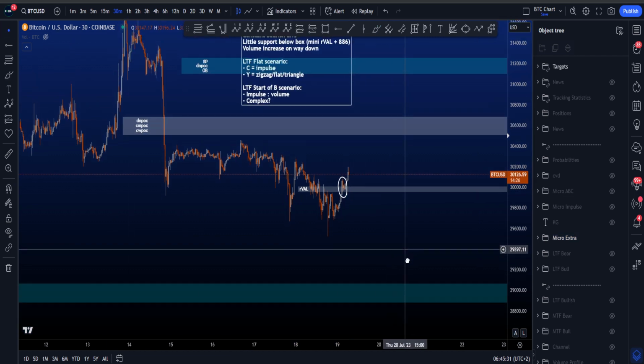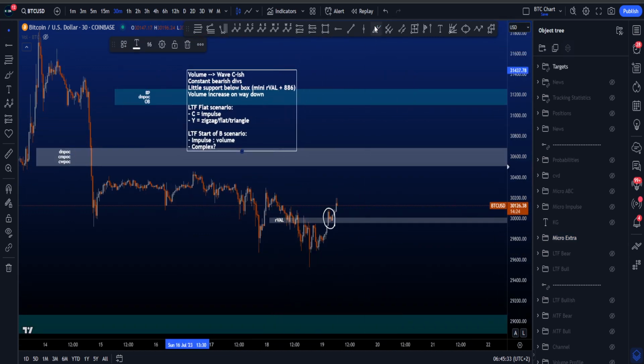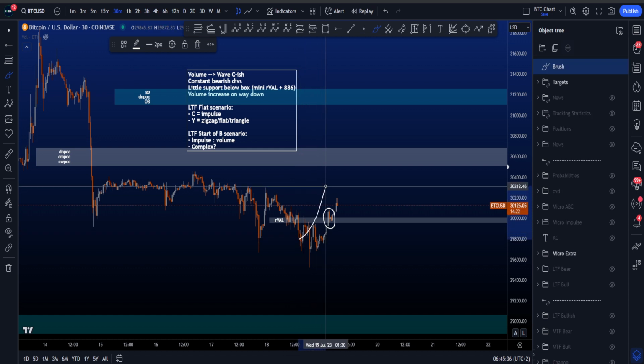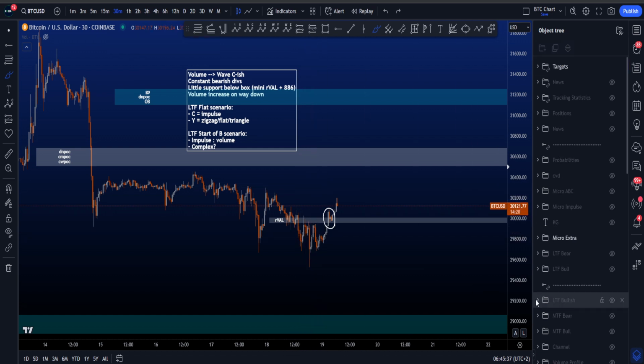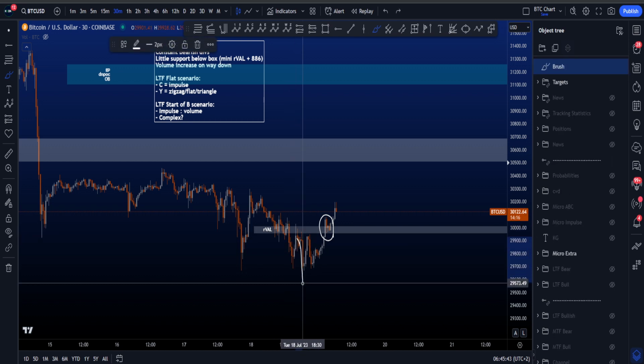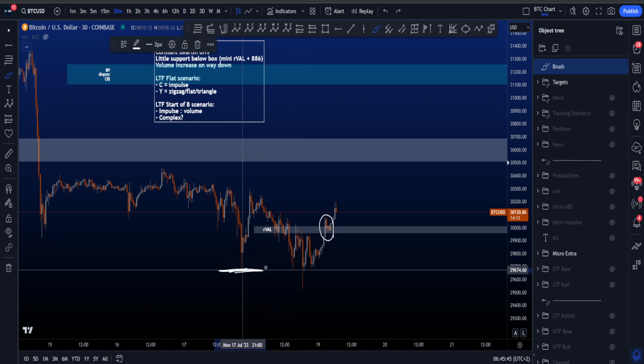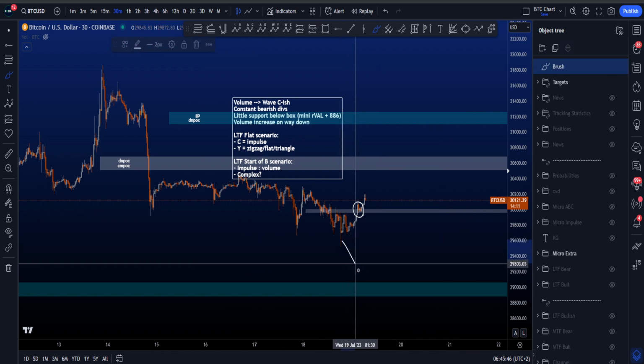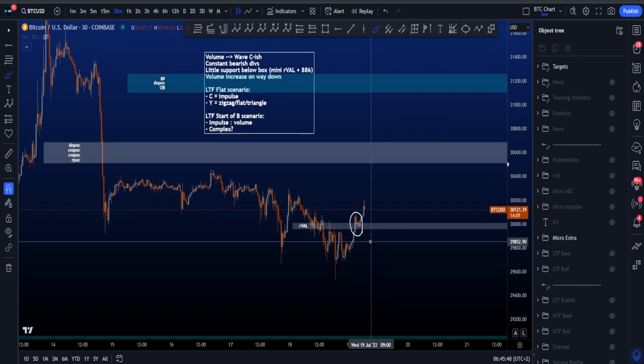because yesterday we were talking about why the probabilities for a move towards the upside were not that high, and I mentioned as long as price is below this target box over here, I expect a move to the downside. Well, we took the low over here. Of course, we had the structure with the bars pattern that moved down a lot further, but I also mentioned